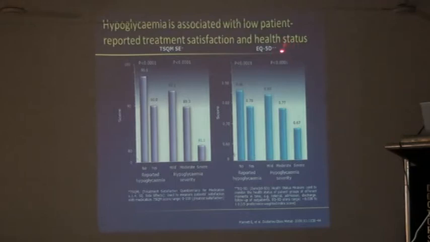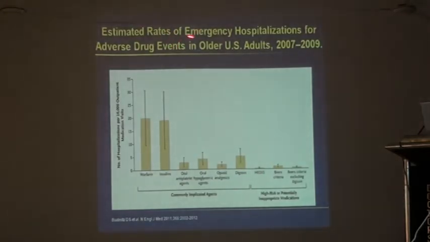This is the 5D standards. And there also we have almost similar reports, so the same kind of work. Estimated rates of emergency hospitalizations for adverse drug events in the older, the elderly group. And you see warfarin is the most. It's around 20 out of 10,000